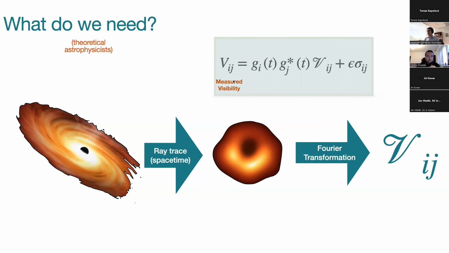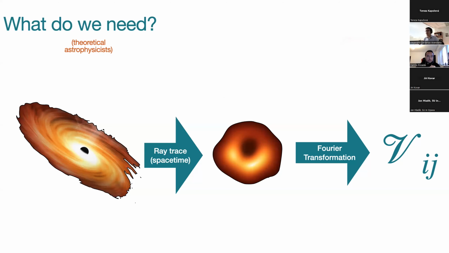The reason is that the measured visibility is going to be the source visibility multiplied by the calibration of these instruments, plus, of course, noise. So you can imagine what they have to do is a monumental task. You have to reconstruct an image with sparse sampling of this Fourier transform. That's why this business is really, really hard to make this observation. And that's why I believe this is a great achievement as a community and for humanity. But for me, my task is way simpler because I'm starting from the left, and then I can compute the source visibility, and I don't even have to go through this noise and residual gains to understand this type of